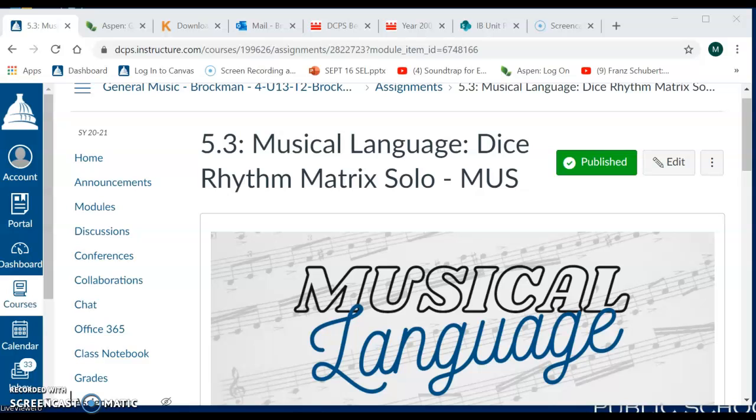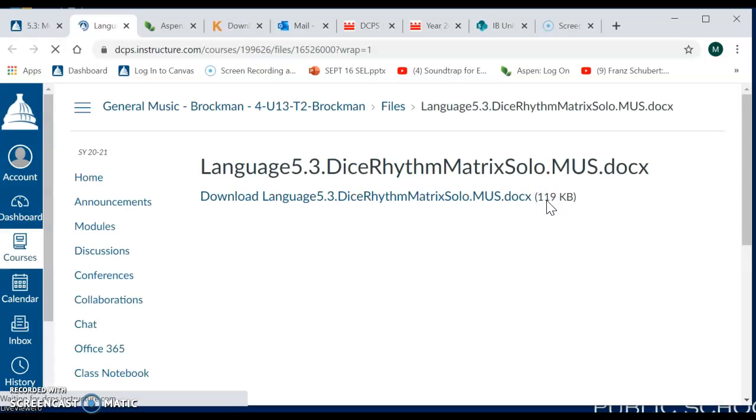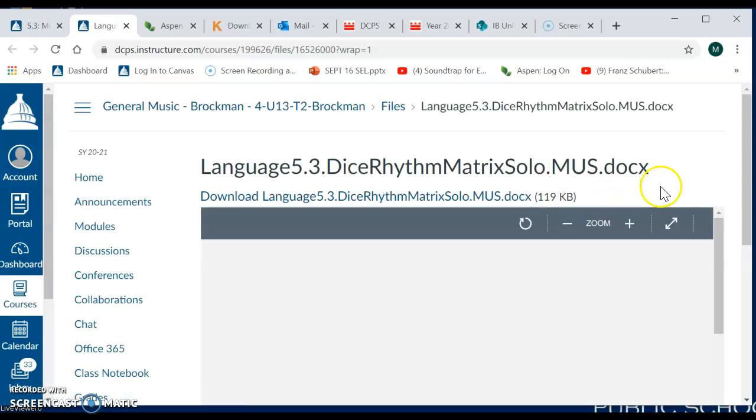Hey class, today we're going to show you the tutorial on how to do the music language Dice Rhythm Matrix solo, which is 5.3. So first thing we're going to do is scroll down and follow the steps for the day. Download the Rhythm Matrix solo. We'll click on it. It'll open up into a second window to show you first what it looks like,